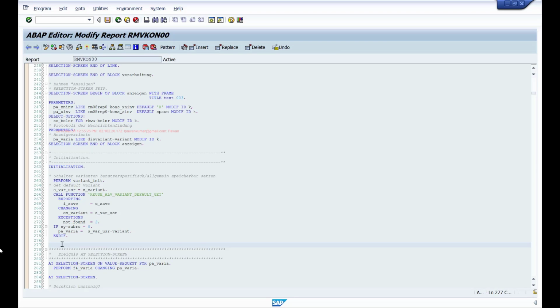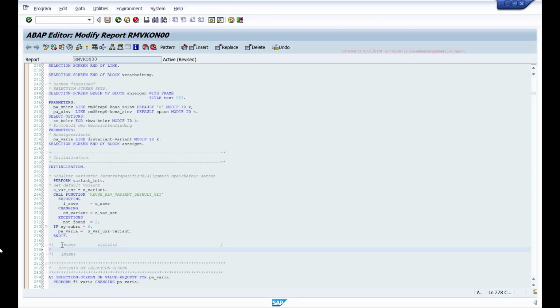To insert your code, you use this insert button. To replace code, if you want to comment out the existing code and write your own code, you use the replace button. When you say replace, it will automatically comment out the code that you have selected and open the editor for you to write your new code. To delete whatever code you have written, you can use this, and to undo your changes, you can click on this button. So to write new code, I can click on this insert button here. Keep your cursor where you want to write the code and click on insert.